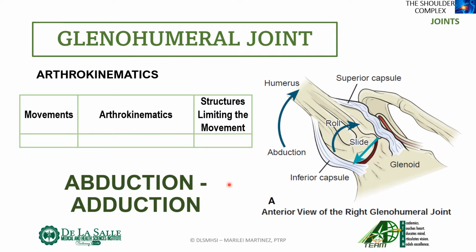This is very easy, okay? For the arthrokinematics of the GH joint, just remember the articular surfaces of the glenohumeral joint. We have a ball and socket. Ball, so ball is convex. Socket is concave. Okay, so if it's open kinematic chain, this distal segment moving on a fixed proximal segment, then